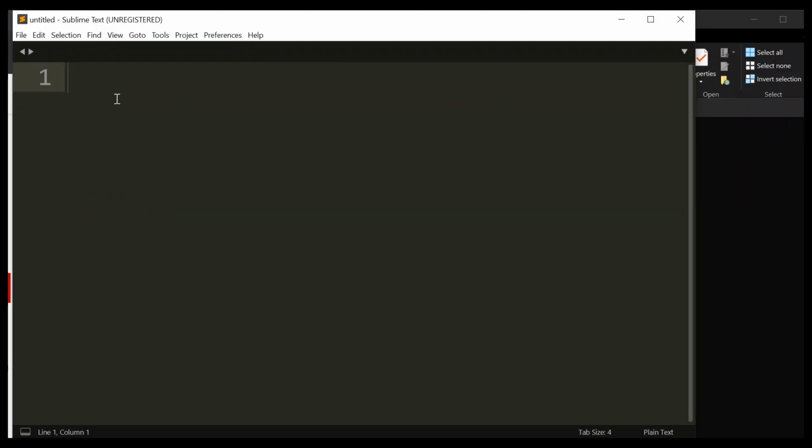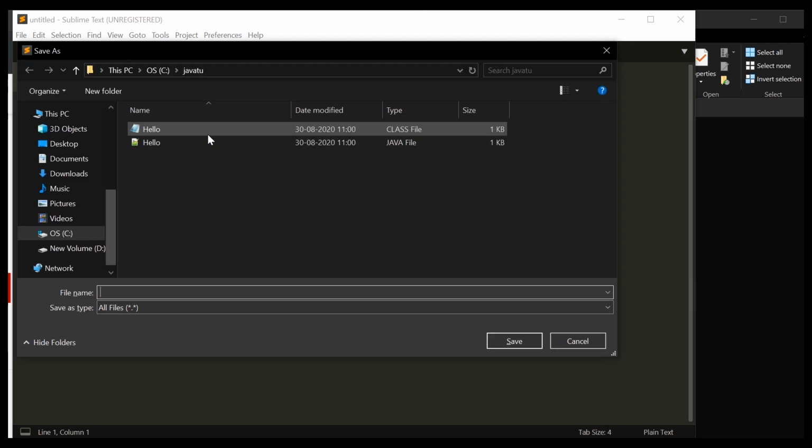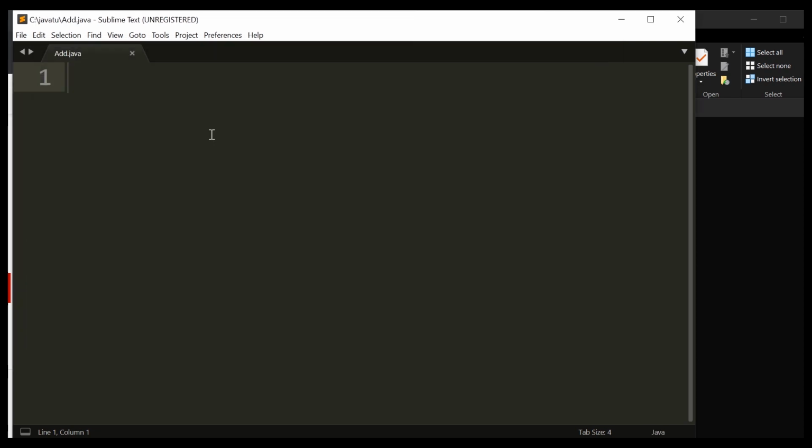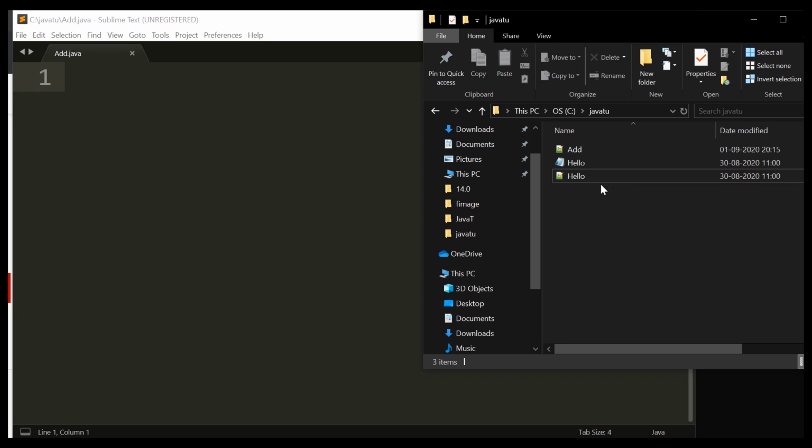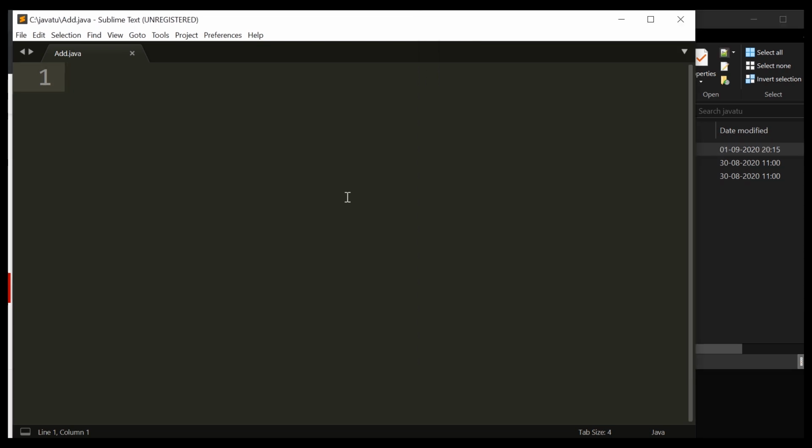So coming to the second part of the video, here I will tell you how to use Java variables in code. For this, save the file at your desired location and give it a name with .java, and make sure that the first letter of the file name is capital. And here see, our file is saved. Now create a class and give it the name by which you saved your file.